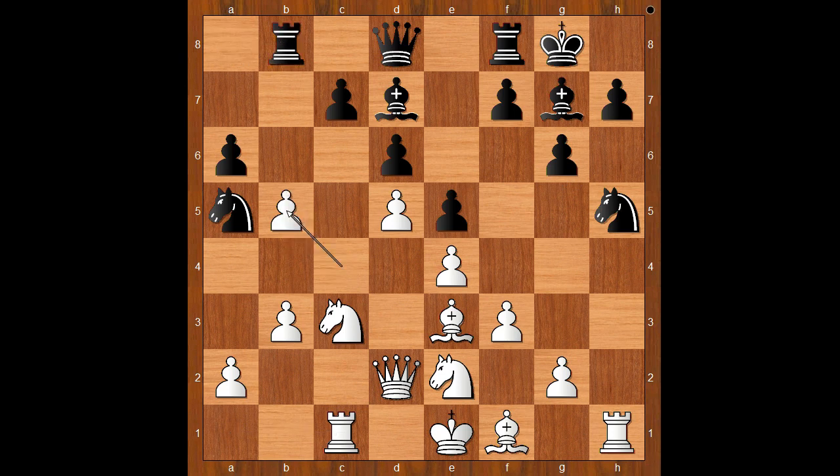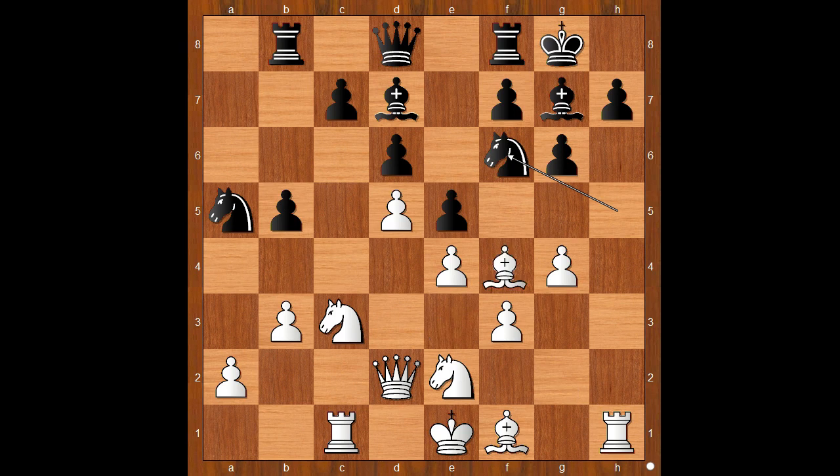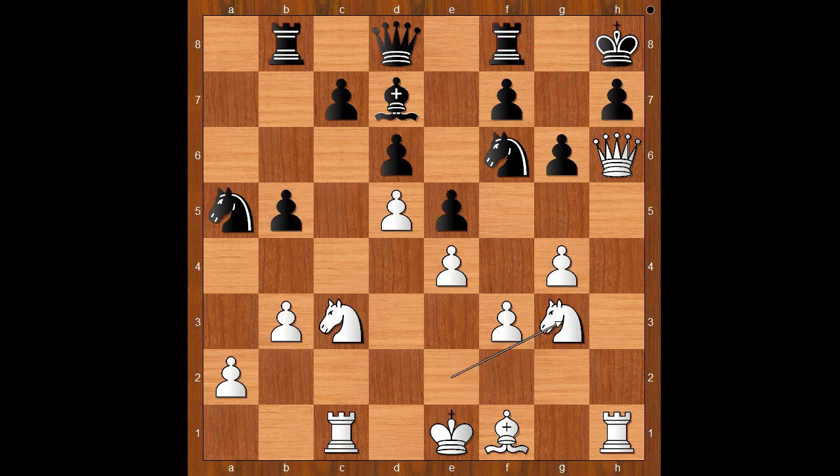Pawn takes pawn on b5, a takes on b5. g4 attacking the knight, knight to f6, bishop to h6, the standard plan. Bishop takes on h6, queen takes on h6, king to g8, intending rook to g8 and then rook to g7, because g5 is coming. Knight to g3,